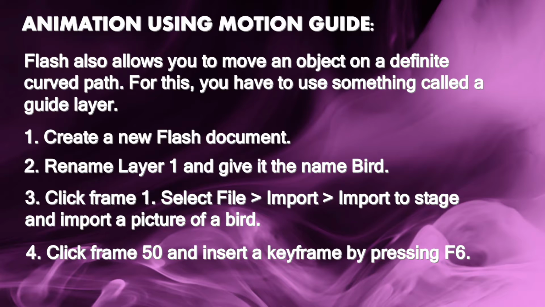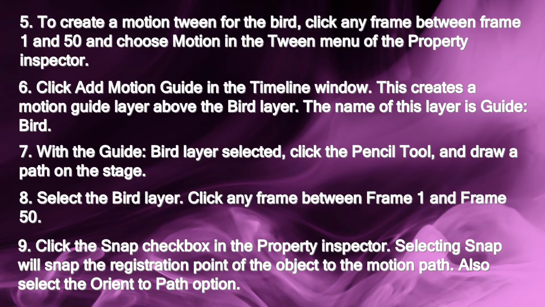Let us take an example to learn more about motion guide animation. Create a new Flash document, rename it and give it a name. Select File, Import to Stage, and import a picture. Click and insert a keyframe by pressing F6. To create a motion between,